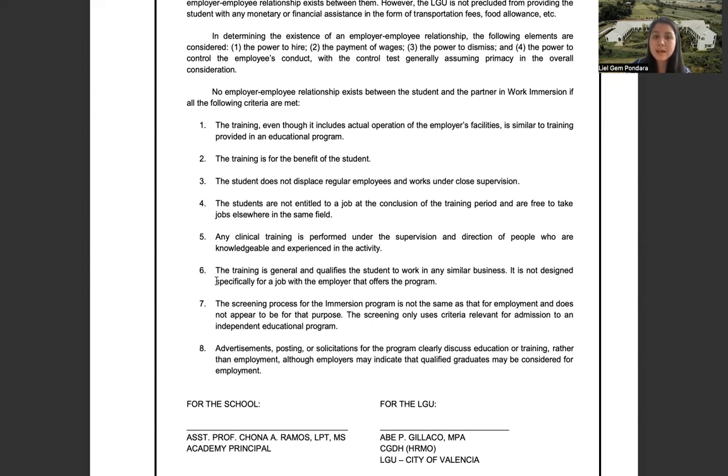Number six, the training is general and qualifies a student to work in any similar businesses. We also, the screening program is the same as employment. And the last is advertisements, postings, or solicitations for the program clearly discuss education or training rather than employment. So again, this is just for training and not for employment.